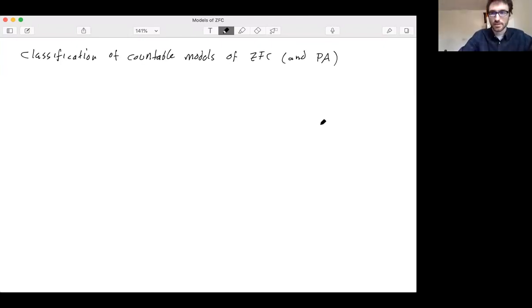But then there are some distinctive aspects of ZFC as compared with PA, and I'll mention that. About which I know very little, but whatever I do know, I'll mention briefly in the second half of the talk. So, an overview.